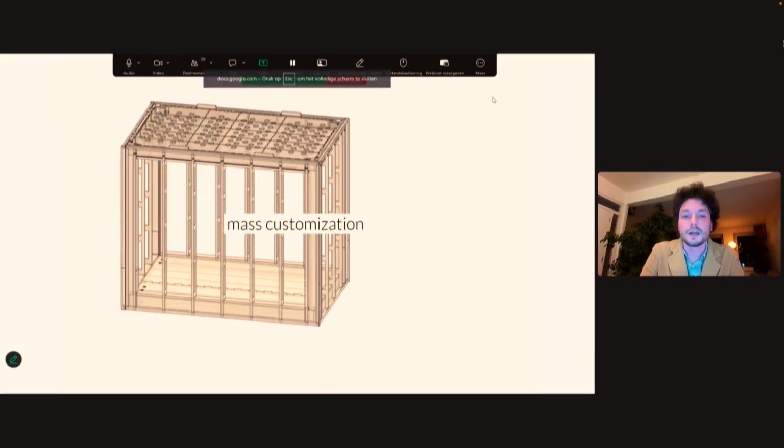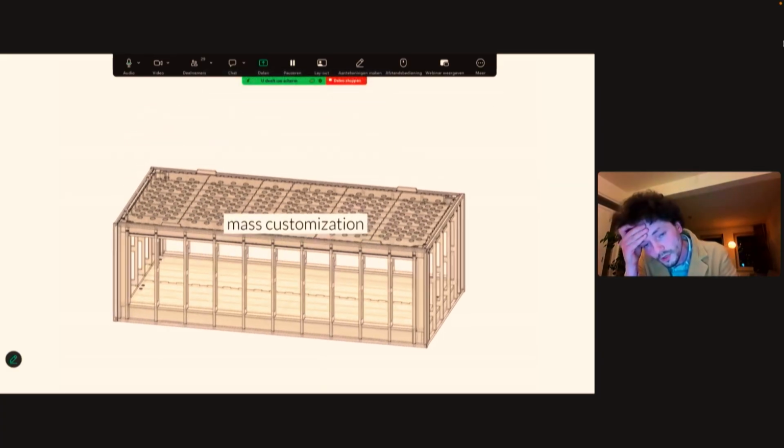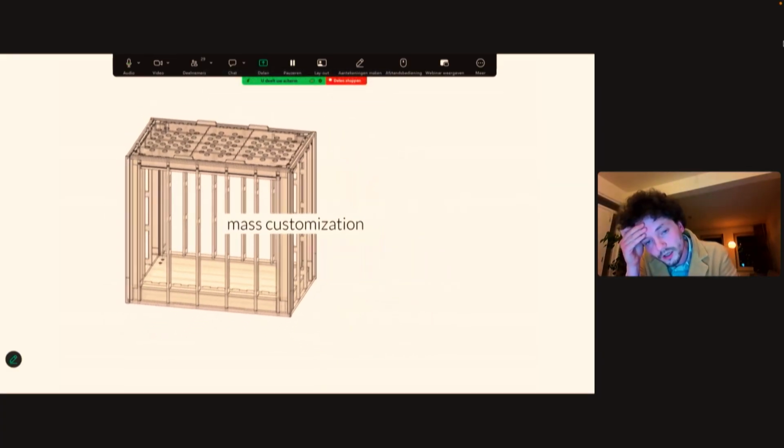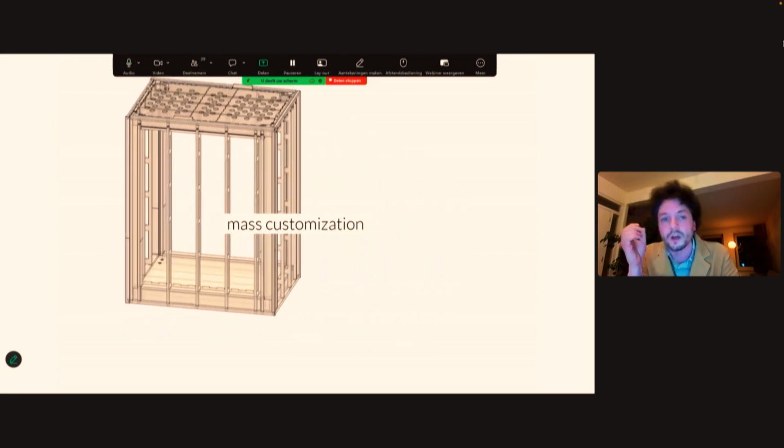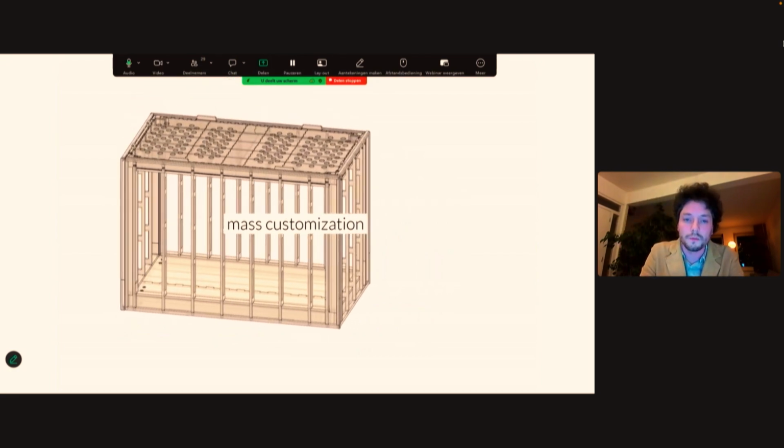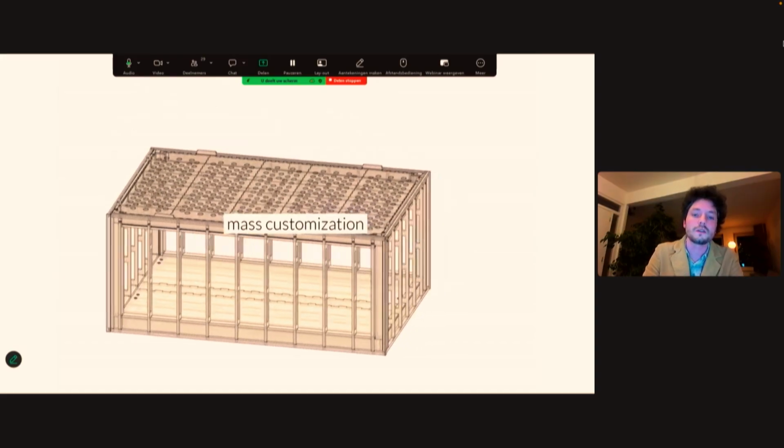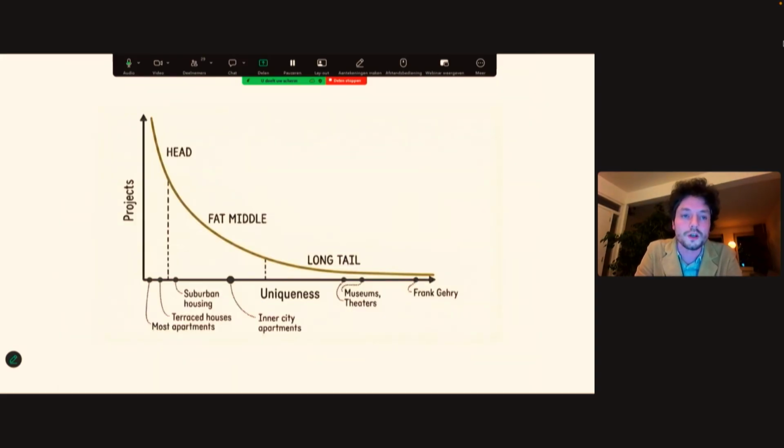Then mass customization. So at Sustainer, we make modules in every size. And the reason for that is basically that this is how we look at projects. You've got projects which are large scale and very, very simple, and they are the most interesting, of course, for prefabrication. That's where most of the prefab currently happens.